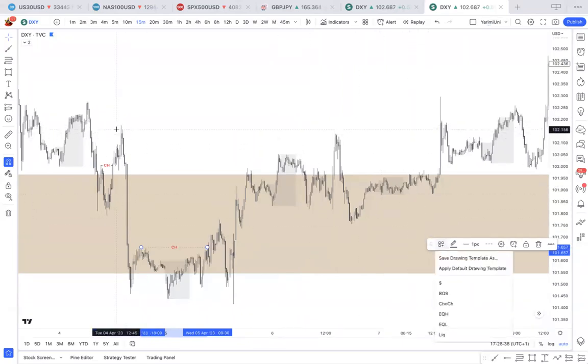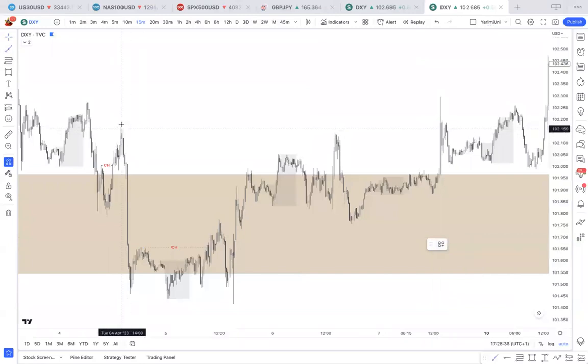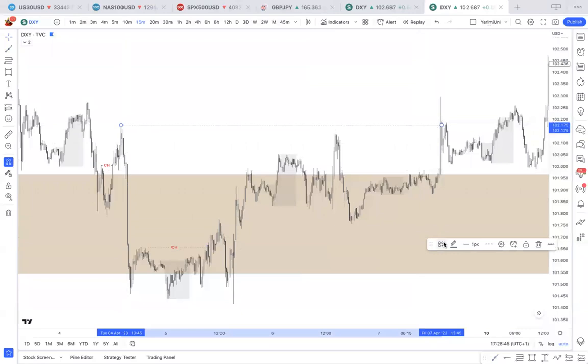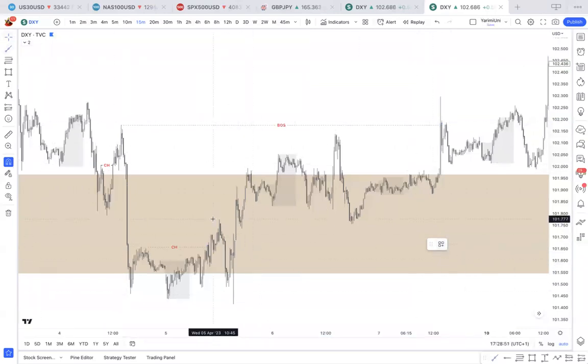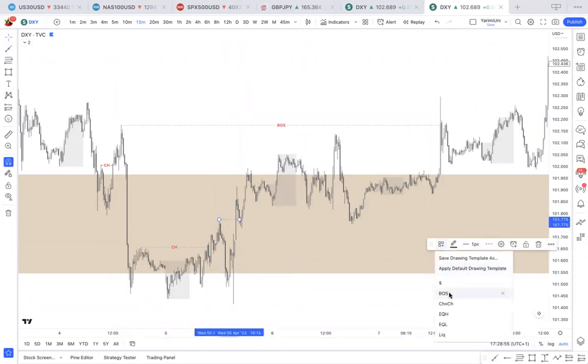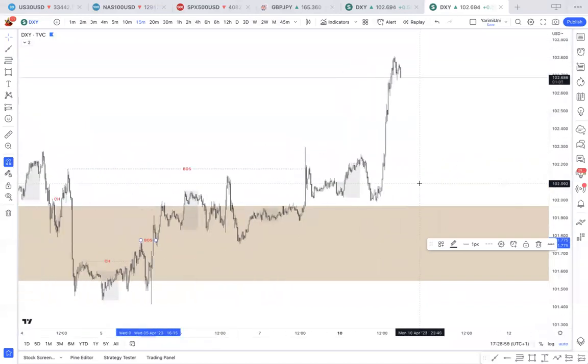So let's draw that in as well. From here, because this is the last high, right? The last lower high. From there until this point is a break of structure. And of course, you have the break of structure after the chop as well, which confirms the move. So from that day on, we were basically bullish. And now we're in this area here.